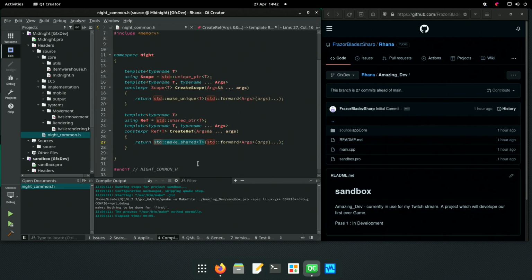I call it a ref, or REF, with a type T. Shared pointers are a way of making sure that you're not getting memory leaks. Very, very useful. And by using the template system within C++, we can make this little itty-bitty thing here.